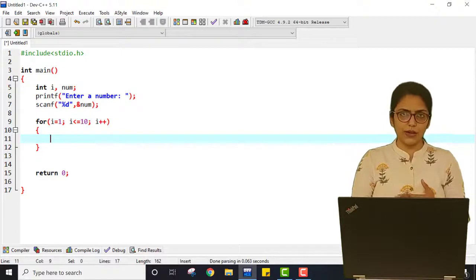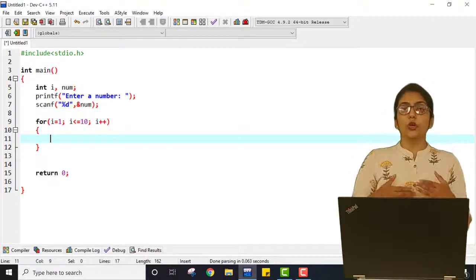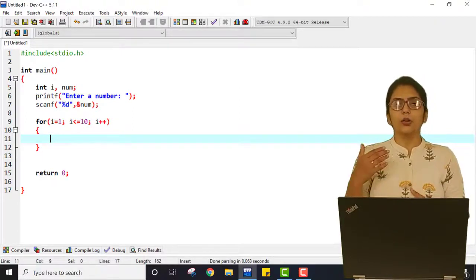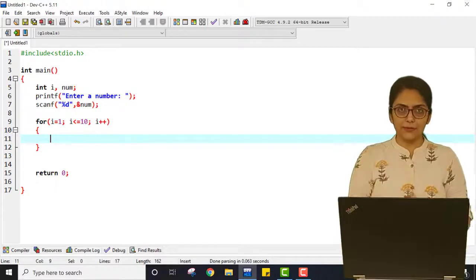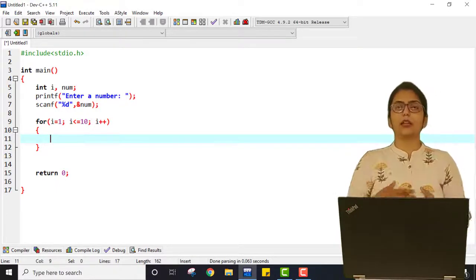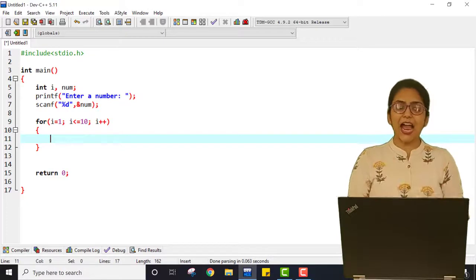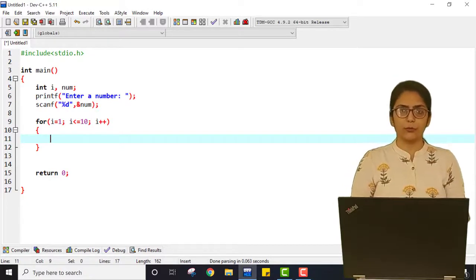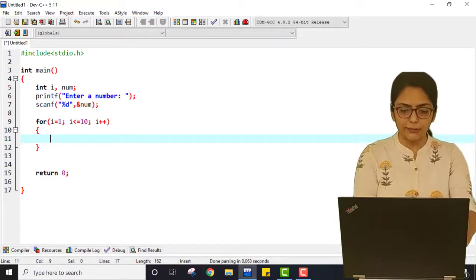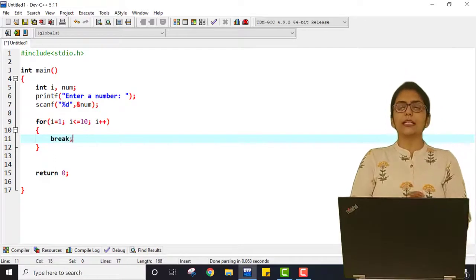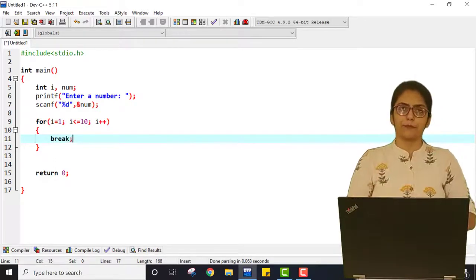But if I am changing the value of i inside the loop, then the loop can run fewer than 10 times. Also it can break if I am using the break statement. But I am not blindly using break over here, because if I blindly write break, it will be executed only the first time.